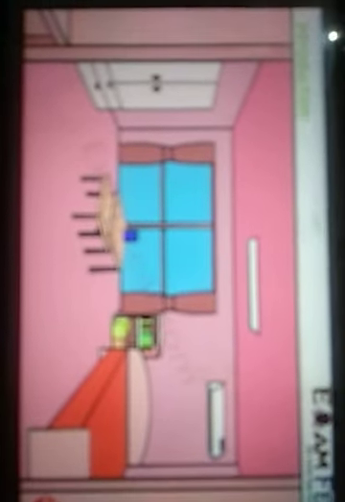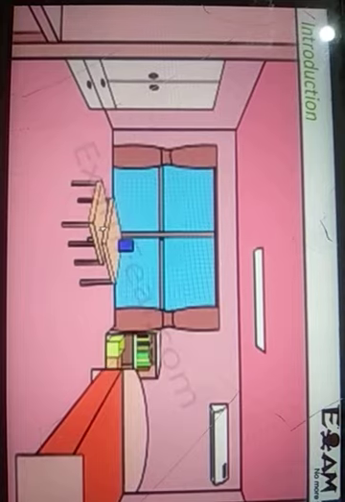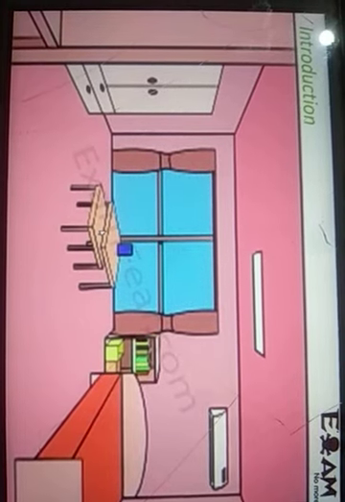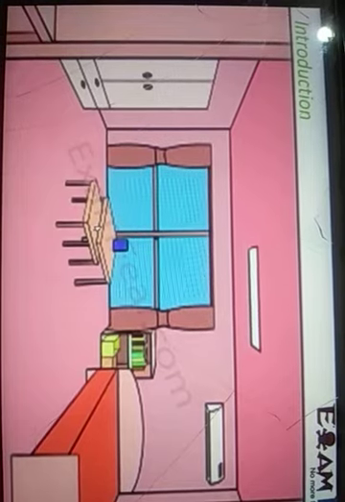Now when I say that the bulb is glowing, what do we mean? That there is electricity. That's how we say, okay? There is electricity. There is a power cut. That's why we can't see anything. Now again, when the power is back, electric current is flowing, so you have your lights on. So that is something where we use the term current in our day-to-day life.